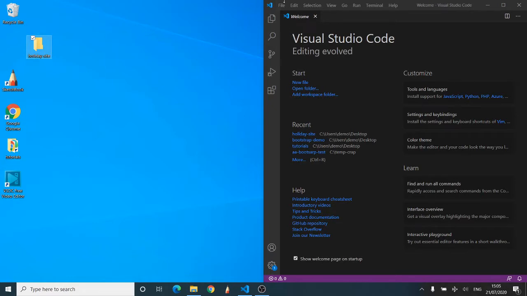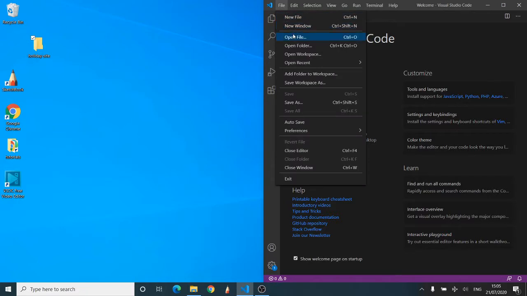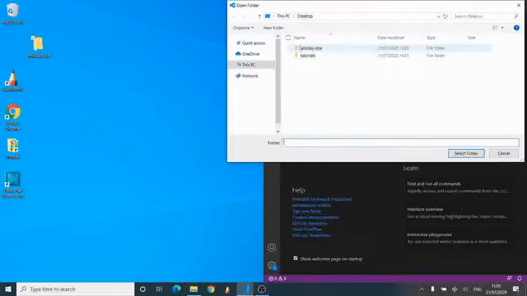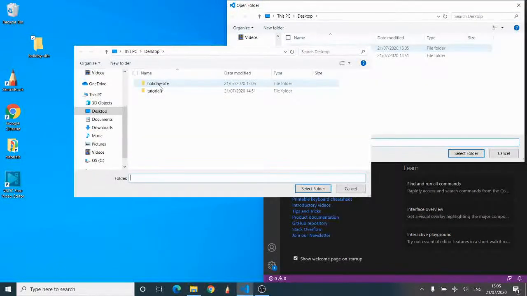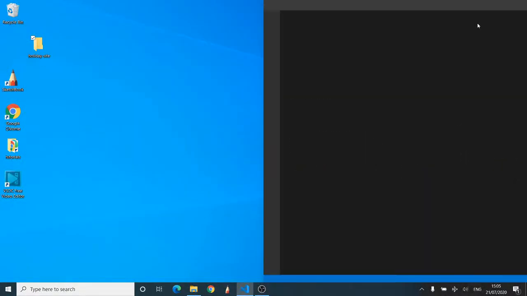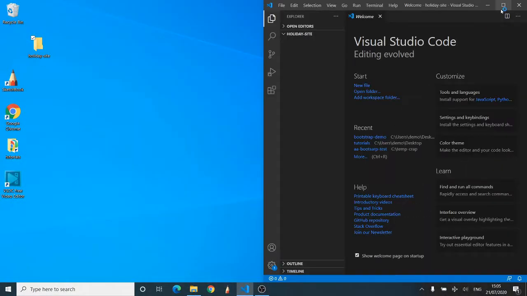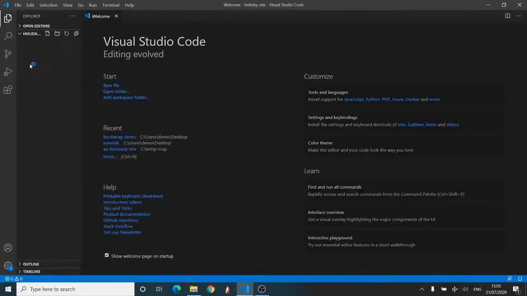And I'm going to go into Visual Code and select Open Folder. Now we're not doing Open File, we're doing Open Folder. And then select our holiday site, and that should open our folder. And in the left hand toolbar we should see the holiday site folder, and we should be able to create